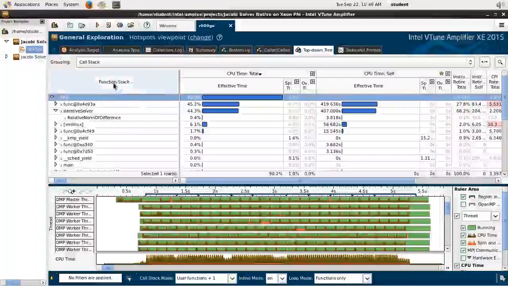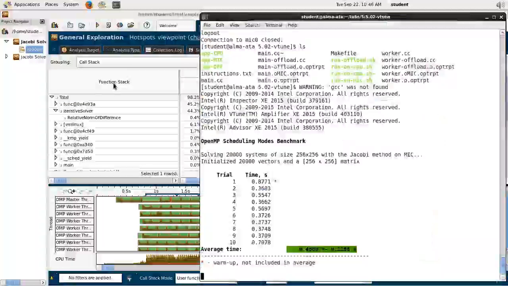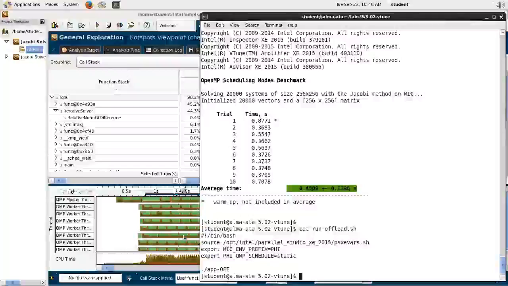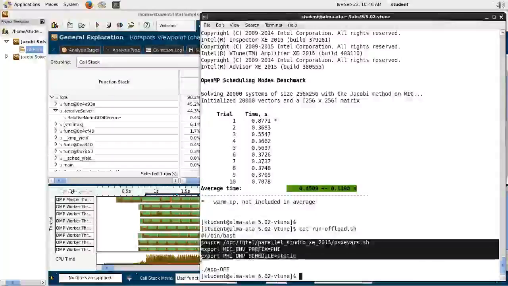So this is running a native application. What about an offload application? The approach is the same. I will create a wrapper script. The wrapper script looks like this. It sets up all the variables that I like, and then